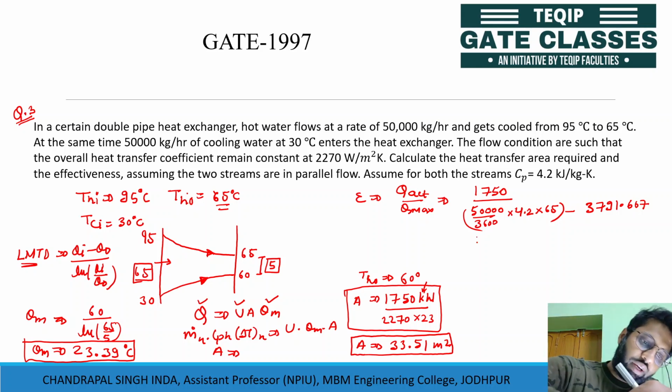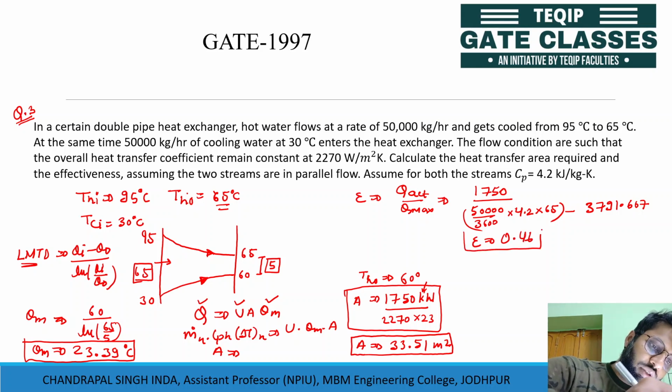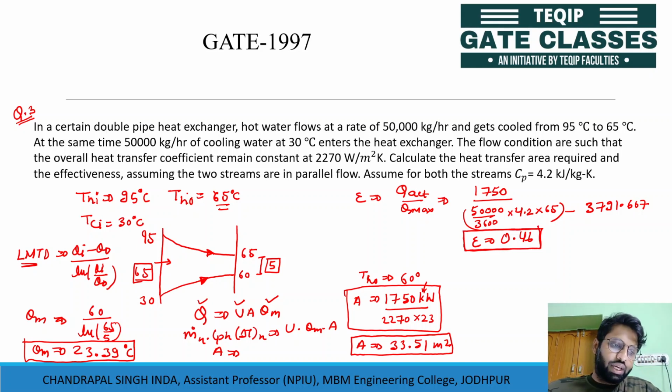So we have the effectiveness of the heat exchanger equal to 0.46. All the concepts that we have studied till now are used in this question to find the effective area of heat transfer. For that we need the LMTD. So we find the mean temperature difference across the heat exchanger by using LMTD, and after LMTD we find the area by applying the overall heat transfer across the heat exchanger, and we also apply the formula to find the effectiveness